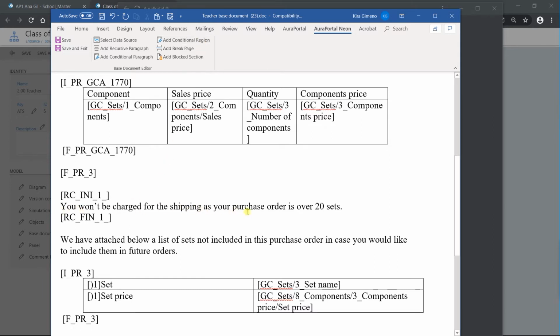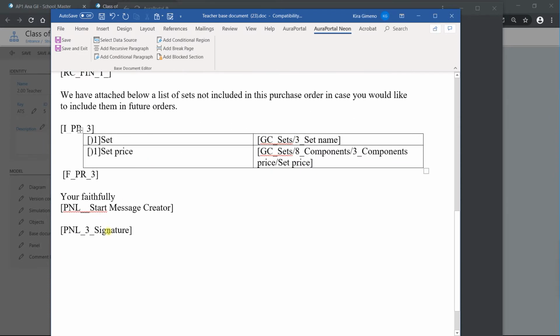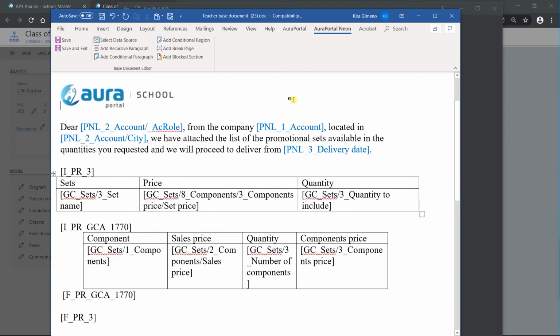You won't be charged for the shipping as your purchase order is over 20. As you remember before, okay, when we ordered 9 sets, this didn't appear in the automatic document created, okay? So this is a conditional region, and obviously we put some conditions so this text shows or not, okay? And here we have a recursive paragraph again, okay? And then the signature, that is a panel field. Okay, so